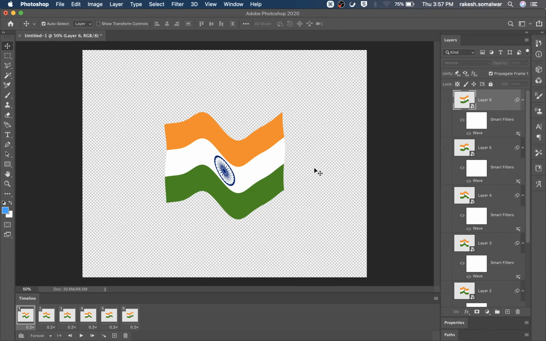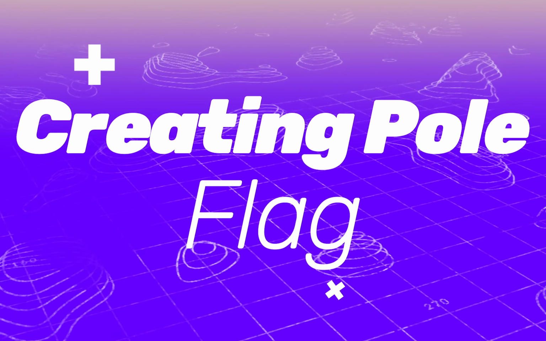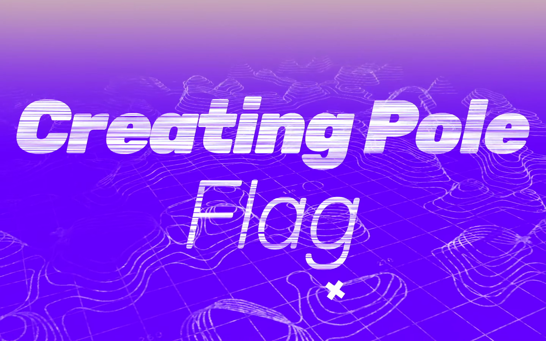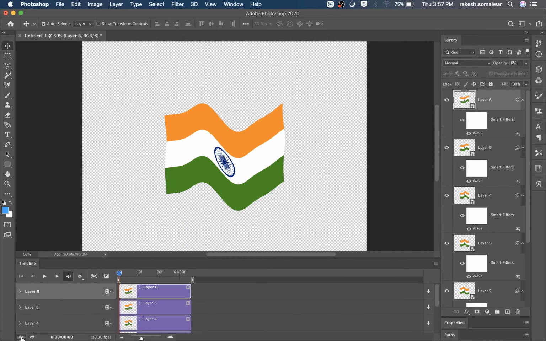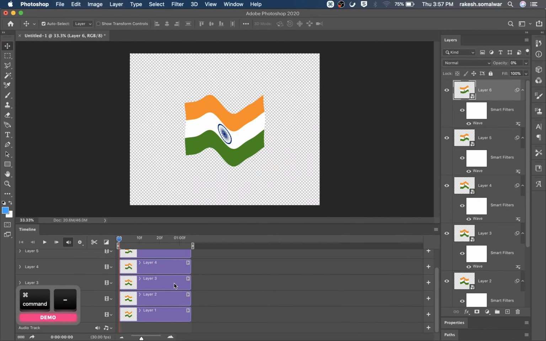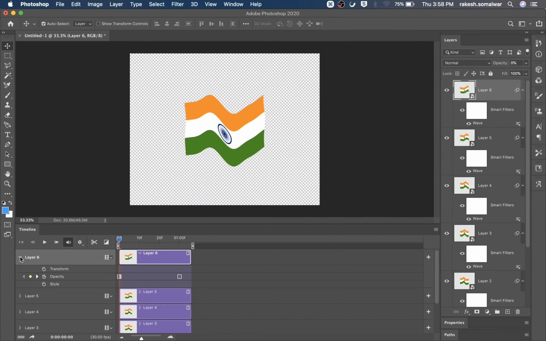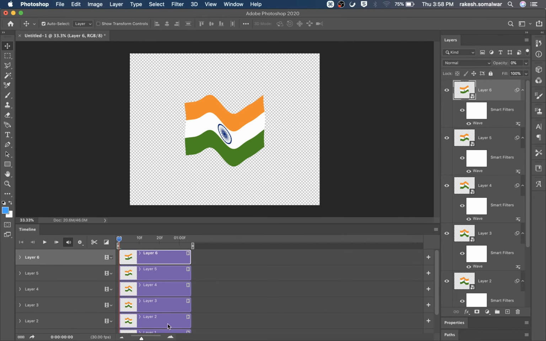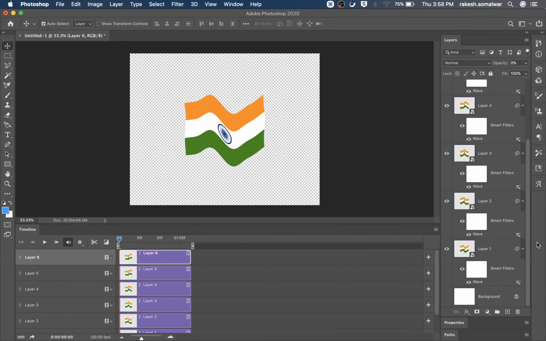Animation is looking nice. I want to create a pole or stick for this flag. So I have to convert this into timeline, select all layers and convert to smart object. After timeline only you can convert to smart object.